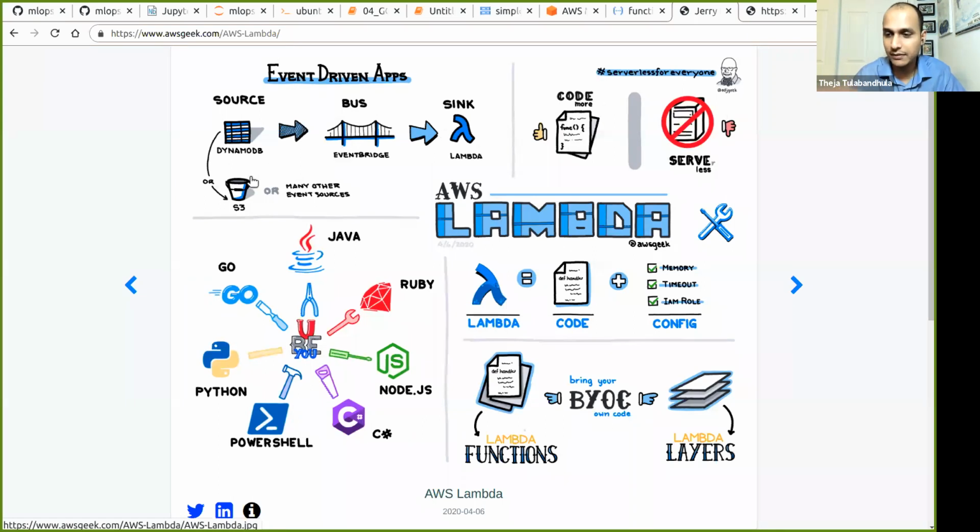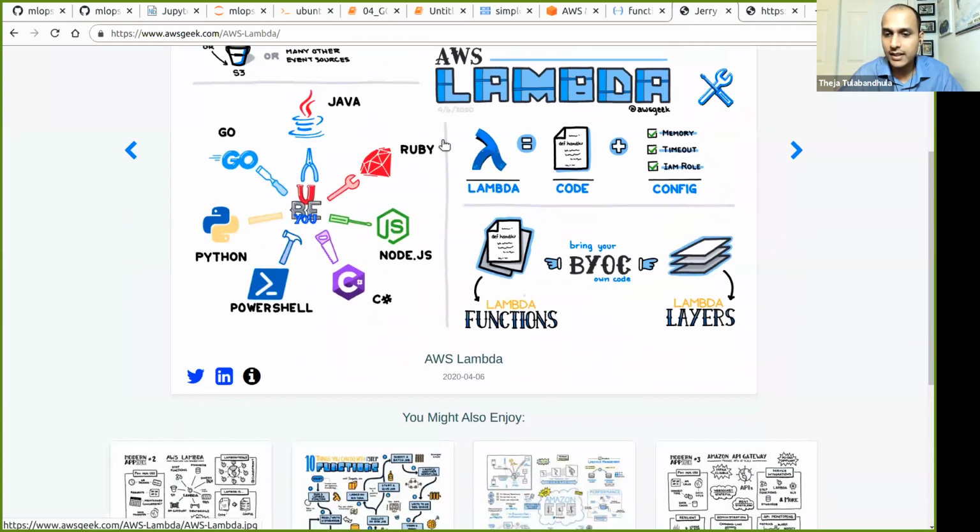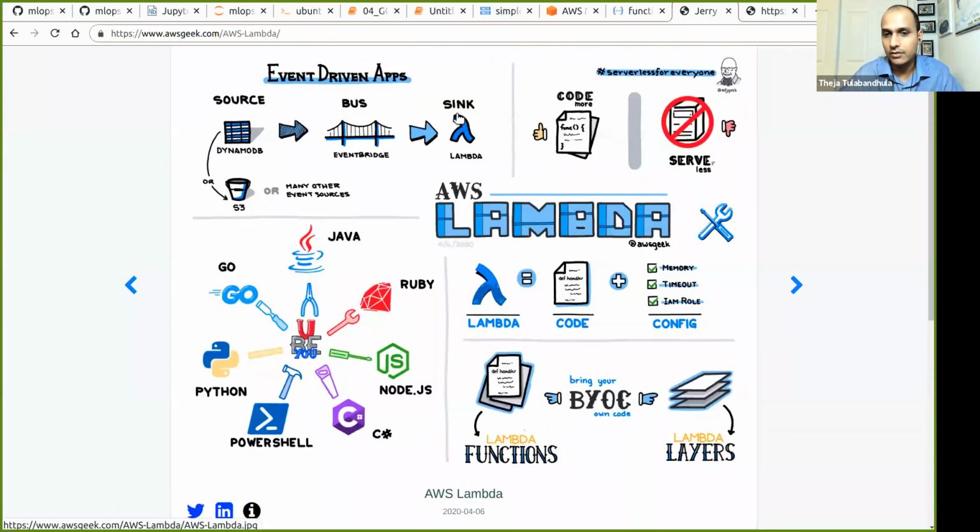Just like we saw in the Cloud Function, we needed the model file from somewhere, for example, Google Cloud Storage. Similarly, you can have something from S3 or some other database that is probably needed as an input to the Lambda function. Not always necessary if everything is self-contained, but otherwise it'll read something from there, and it basically serves a response. It can respond to queries by any external service, person, whatever it is.